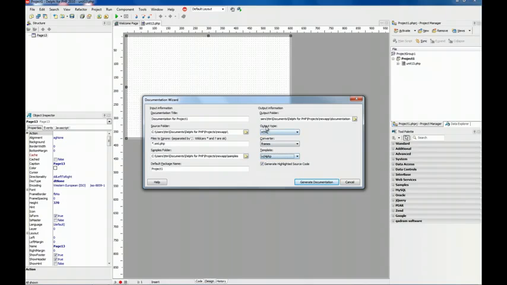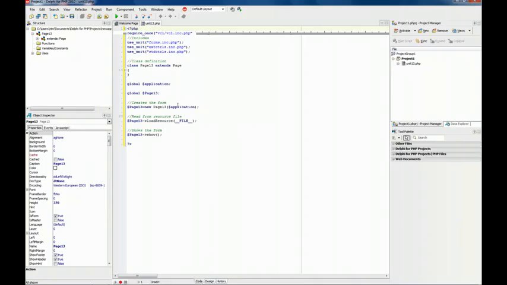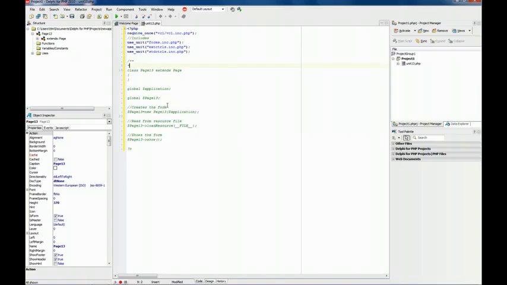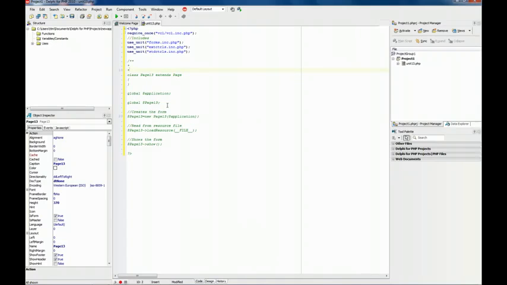Usually this combination is the default one for VCL for PHP projects, because we have made a modification to PHPDoc to be aware of the properties and the special syntax we use for VCL for PHP. So what we are going to do now is add some documentation to our classes. In this case, you see we are using the PHPDoc block, which starts with this tag, and this is a simple documentation,